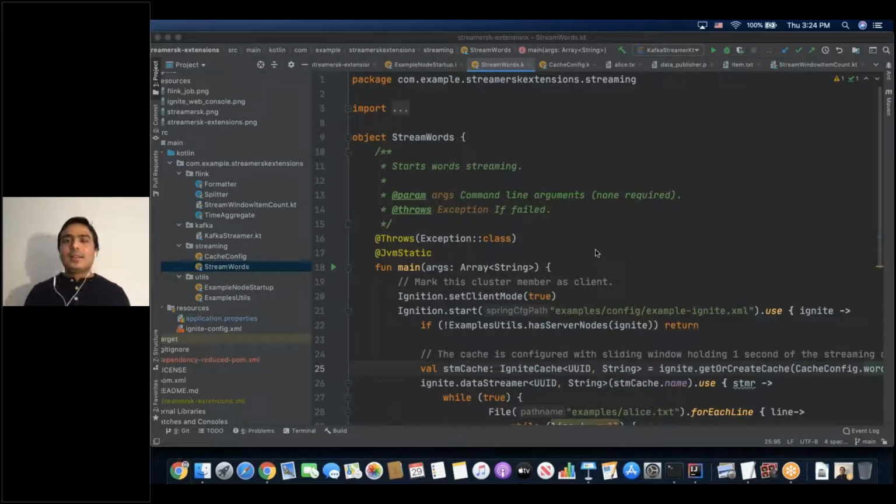I'll share some context around how these APIs can be used and how you can build an application using these extensions. The first one is stream words. It's a very simple